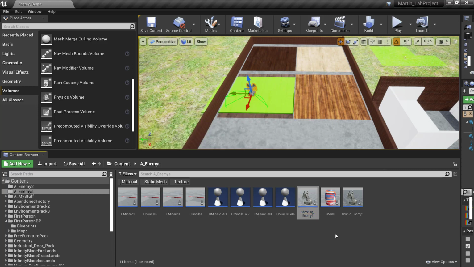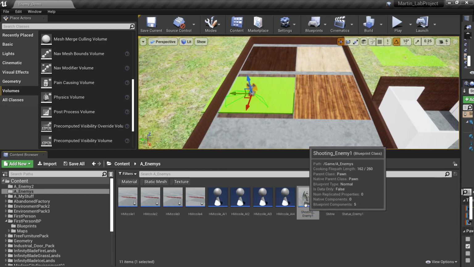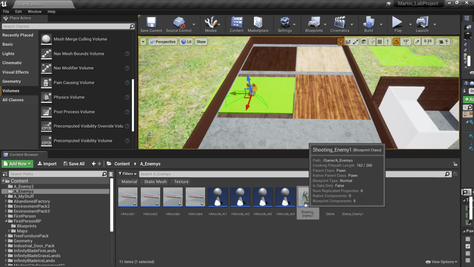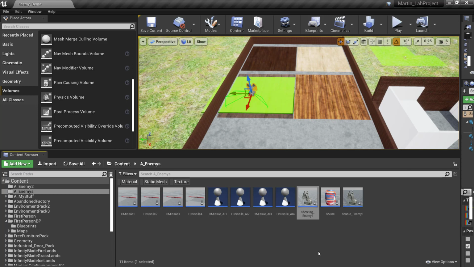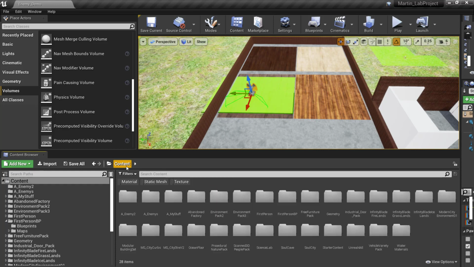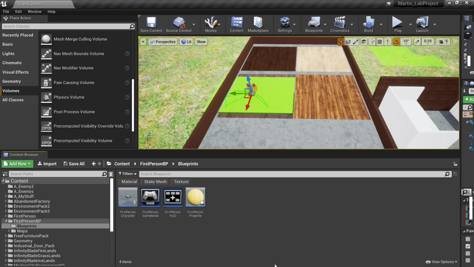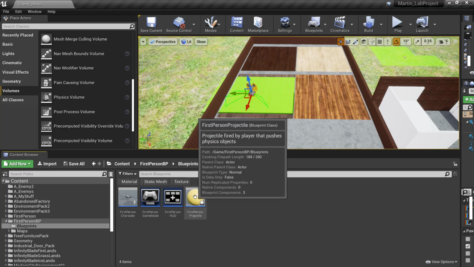Let's open up the shooting enemy real quick. Actually, before we open it, let's go to the first-person player and figure out how the first-person player is shooting, because we already have the ability to shoot a projectile in the game. Let's see how that's happening. I'm going to go to Content, First-Person BP, Blueprints, and right off the bat I see a blueprint class that's an actor, the first person projectile. If I double click on that,